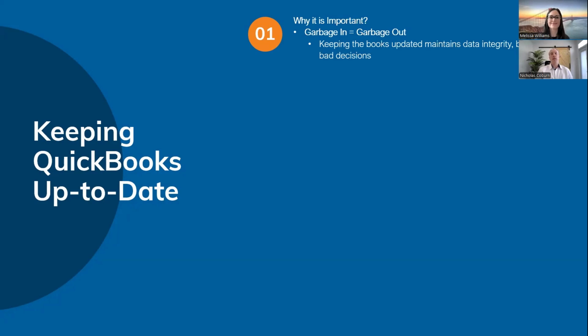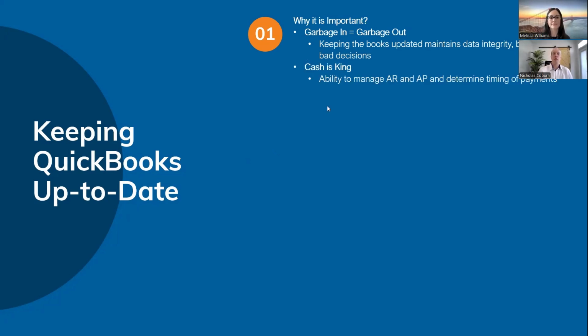If your stuff's not up to date, how can you make any business decision? If you're leaving things till the end of the year or a quarter, the data integrity is no good. So if someone's taking a look at your financials, like, oh, cash flow says there's 200,000 in the bank. Well, that was 6 months ago. Now it's zero. So you want to make sure that for sure you're staying on top of it.